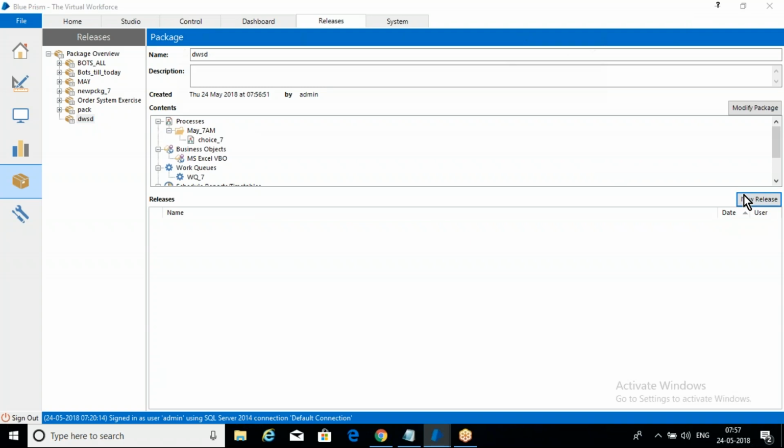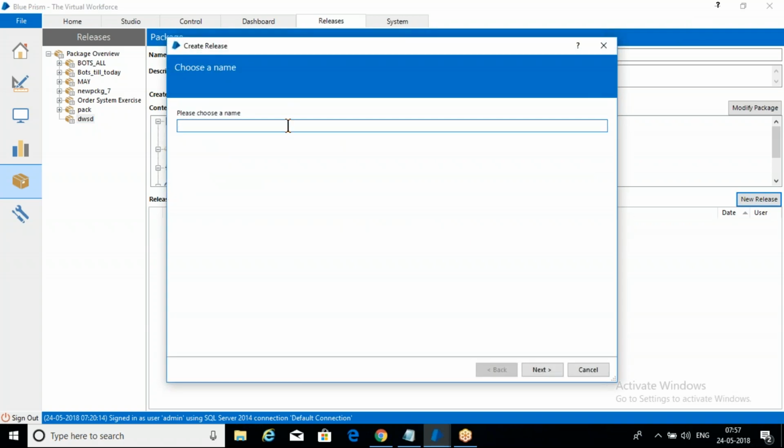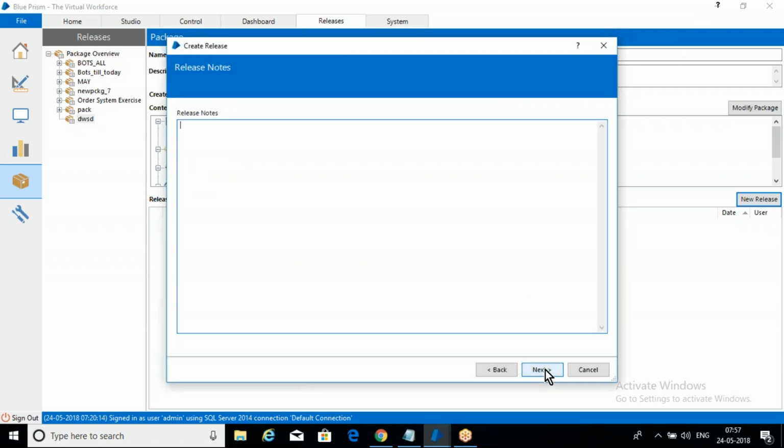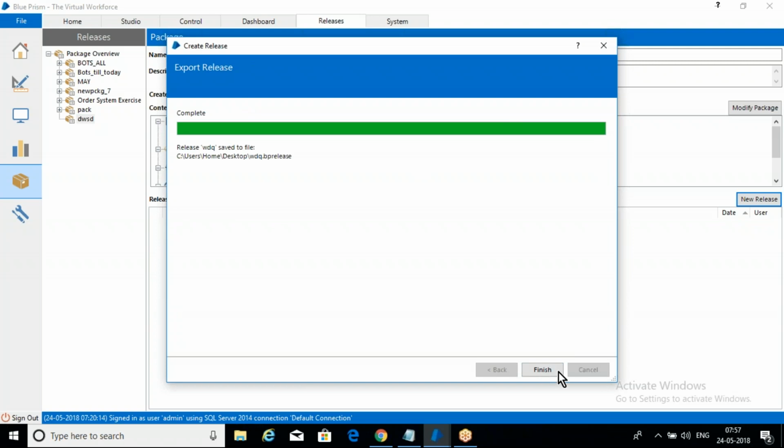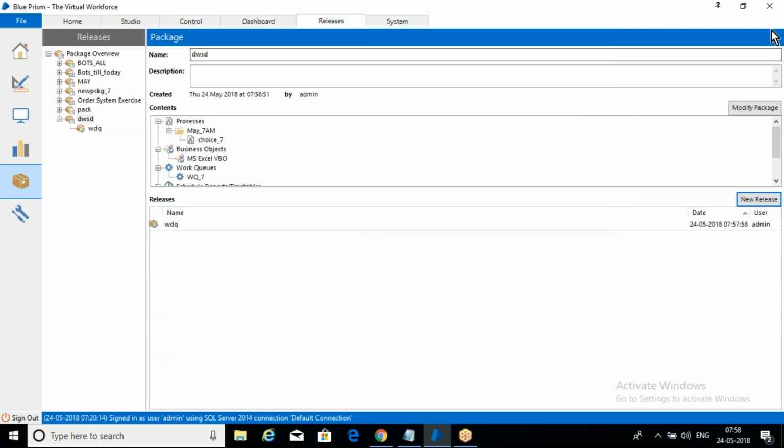If you click on release file, then a file will be created with some extension. If you click on next, it will be created with the name and the extension .bpRelease. This release file you are going to send to your admins whenever you want. And at the same time, this release file you are going to keep in your